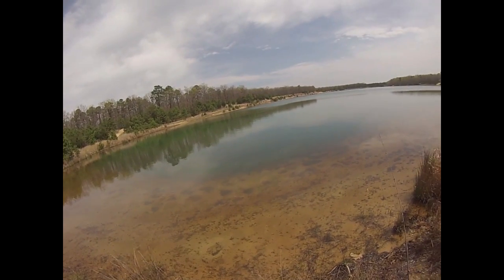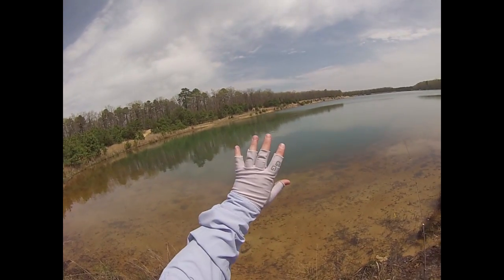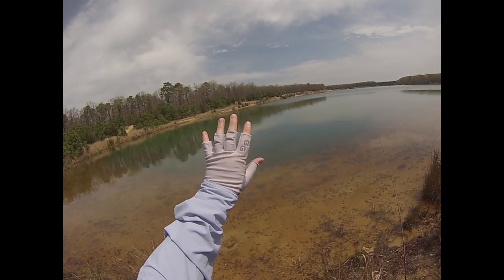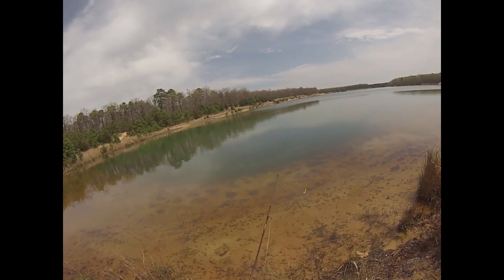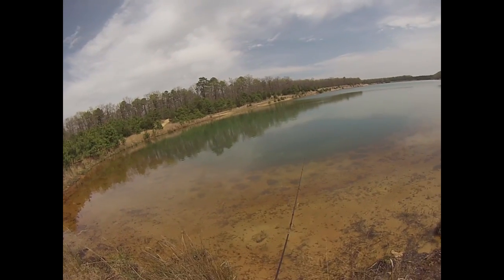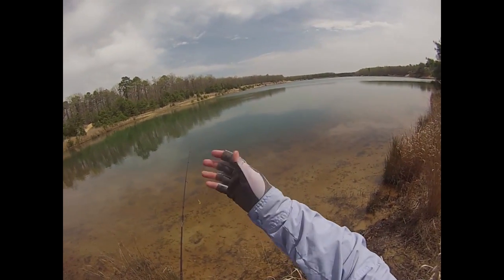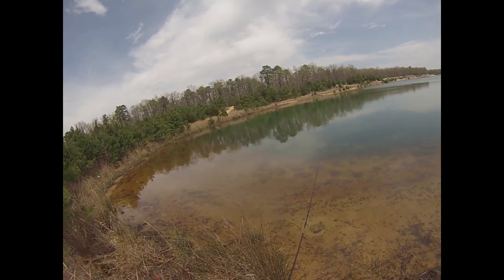There's actually another new piece of equipment that I brought with me today. I'm sure by now you've noticed the fingerless gloves. These are sunshade gloves. I brought these to protect my hands from the sun because, as some of you probably know by now, I burn extremely easily. And I would always wear these long sleeve shirts. I have the neck gaiter on to protect my neck and my face, but I never had anything to protect